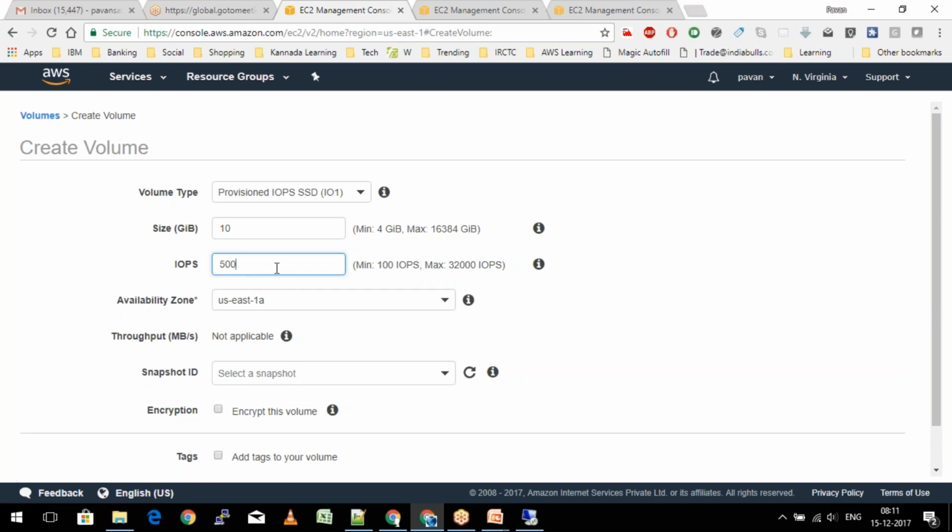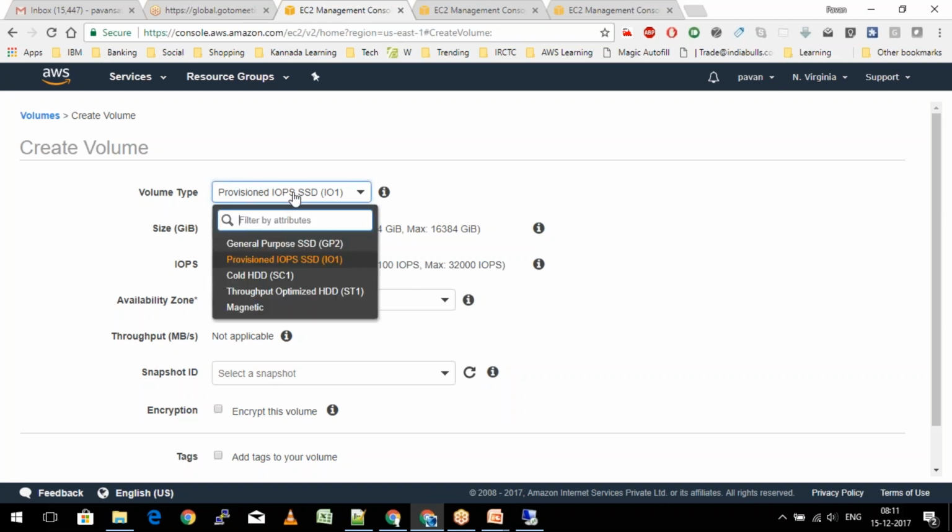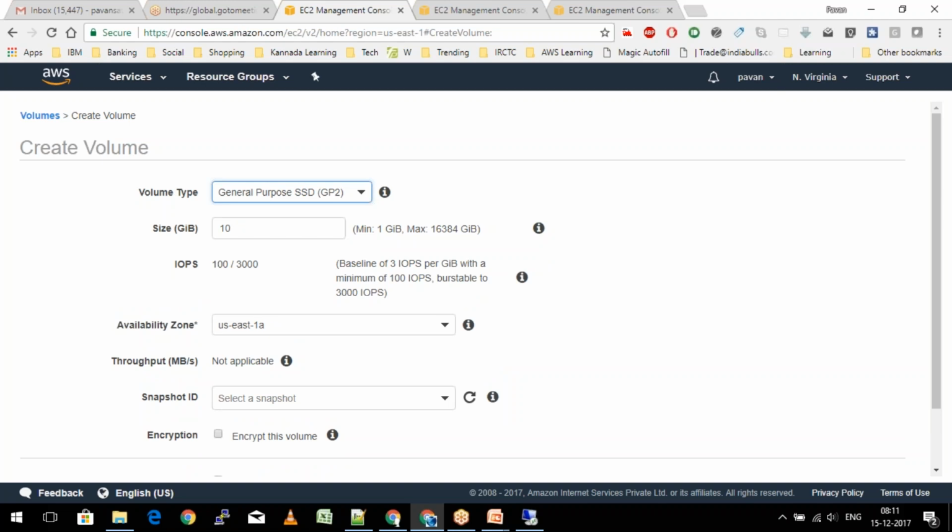right? However, if you wish to achieve more IOPS with the lowest cost, then for the lowest cost option, what are we doing? We are trying to spin up more volumes with the help of general purpose SSD drives. I'll keep the size as low so that I'll get the base IOPS of 100, and then if I go ahead and combine all these 10 hard disks, I'll be able to achieve an output of 1000 IOPS. Now once I'm able to do it, my database which is installed inside the system, which is MongoDB, the NoSQL database, I'll be able to store the data much faster onto it.